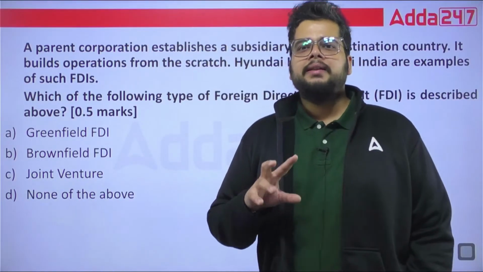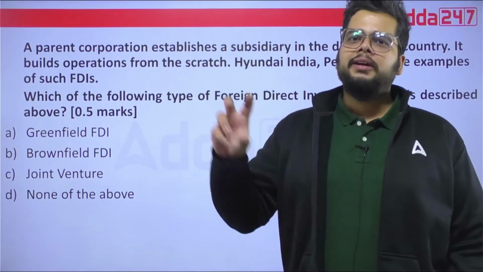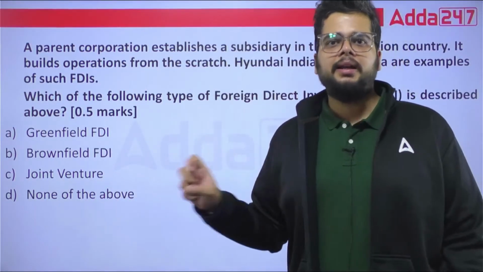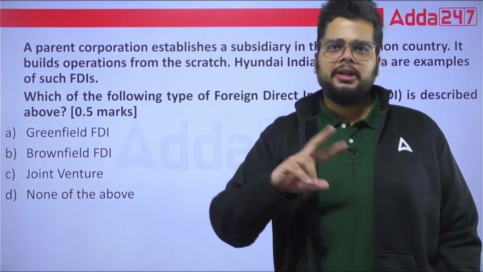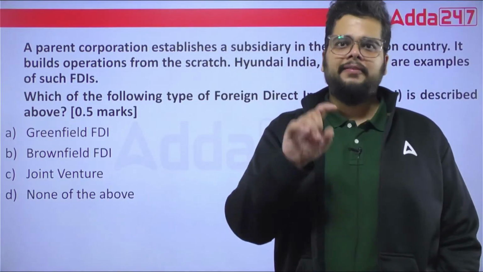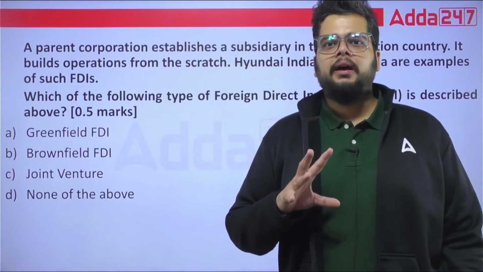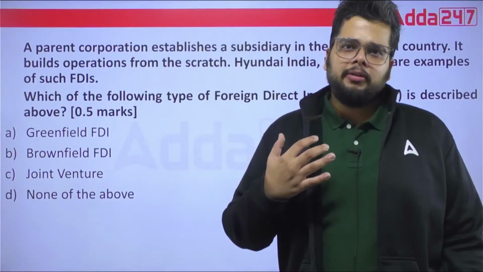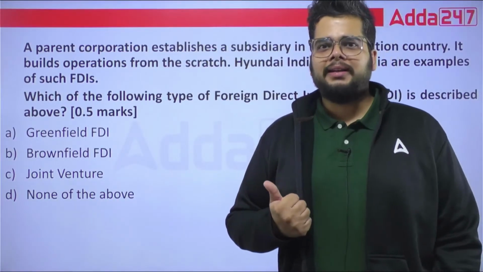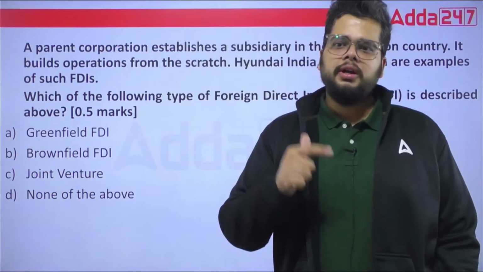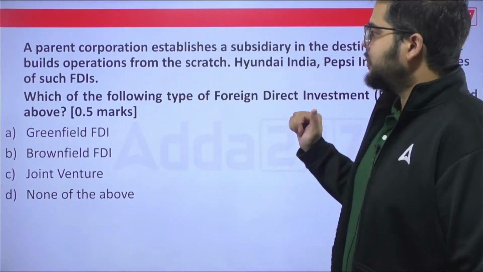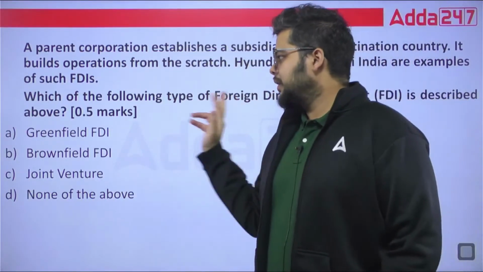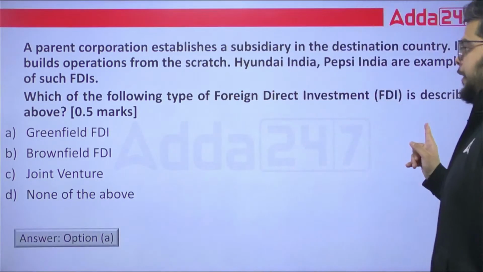If the foreign investor is having certain shareholding in the Indian company, then we will say that the particular mechanism at play is brownfield investment. And when there is a sharing pattern of your profits, or for that matter the particular innovations which you are doing in your business activities, then it will be termed as joint venture. So you must remember the types of FDI. The correct answer to this question will be greenfield FDI, option A.